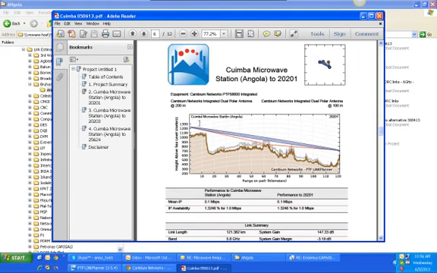The first terrain profile is showing you the Coimbra microwave station, Angola, to 20201. Although you can see that this looks like a good link with line of sight, you didn't notice that there's this antenna height. Don't worry about the elevation, you don't have to put anything because it is auto generated when you are retrieving the terrain profile from NASA. For example, Coimbra microwave station will have a thousand-something elevation. Basically it's on the hill because it's very high. So it requires 200 meters at this Coimbra microwave station and 100 meters at 20201 in order to establish the